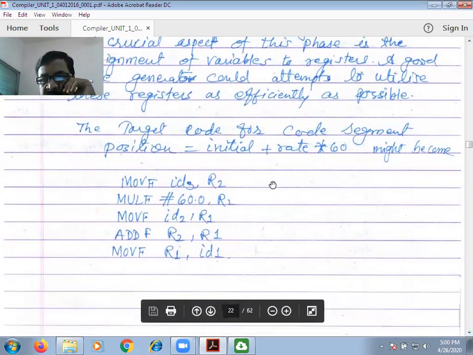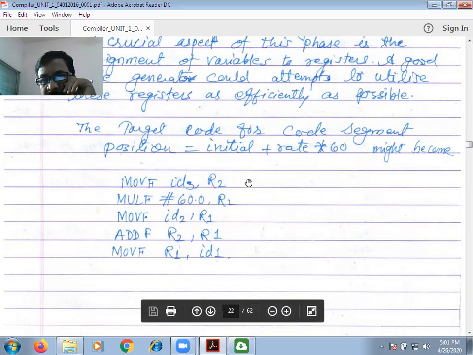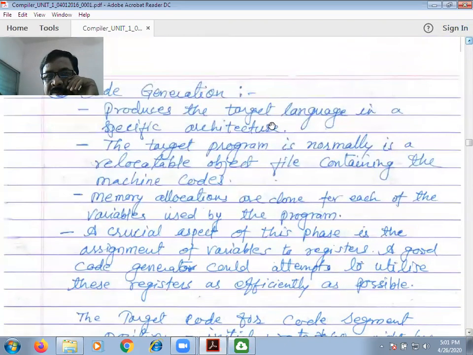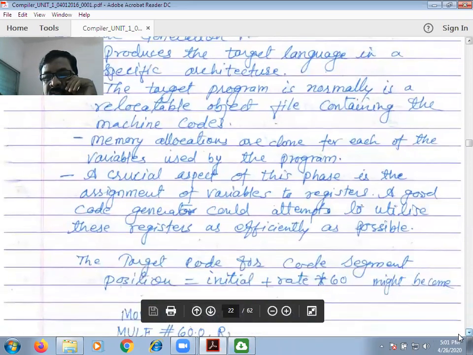The code generation phase also identifies the architecture or manual provided by the manufacturer of the CPU. For example, Intel have their own generation of code, and they have their own assembly language format. Motorola have their own assembly language format. So the code generation phase identifies the structure of assembly language, the syntax or structure, to generate the assembly code.